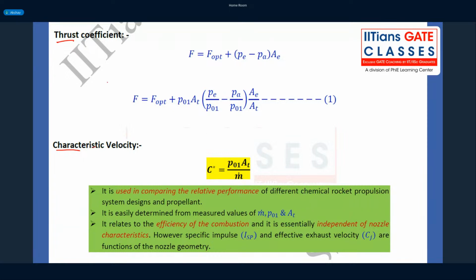So to define the thrust coefficient, before that we will define one more interesting parameter, just like how we defined the specific impulse, that is effective exhaust velocity over the gravitational constant. Similarly, characteristic velocity is one such parameter which is called a velocity because it has the dimensions of velocity, meters per second. So it has nothing to do with any actual physical velocity you can measure in the system. But how do we define it? We define it based on